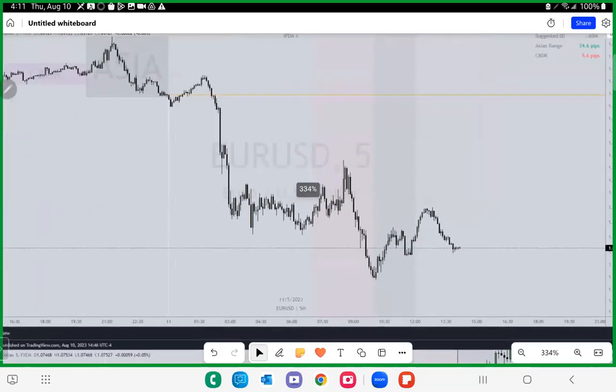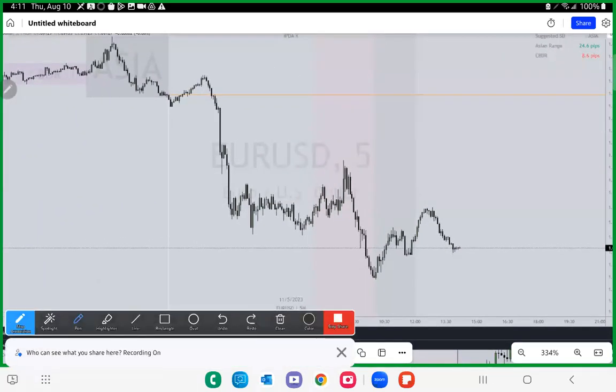Right here, same idea, right? We wake up, here's midnight, right? If we're coming to the New York session, we see from point A to point B, there's been an expansion. From that expansion, as we start approaching the New York Killzone, we see price slow down and start creeping back inside of the range. So we can potentially take that high to this low, right? We can measure the two, or you could take this high and that low, understanding that that's a PD array. You can take those levels, you can measure premium and discount. You're just simply looking for price to come back inside OTE, and then we're looking for that expansion.